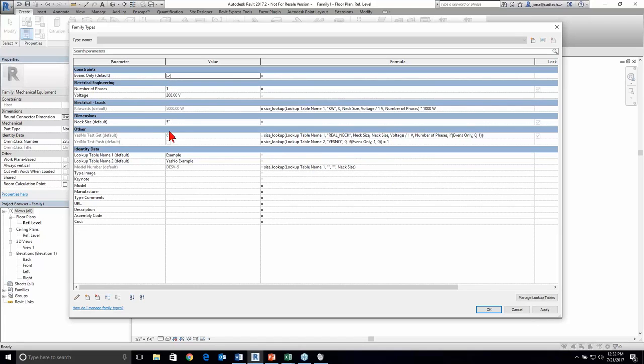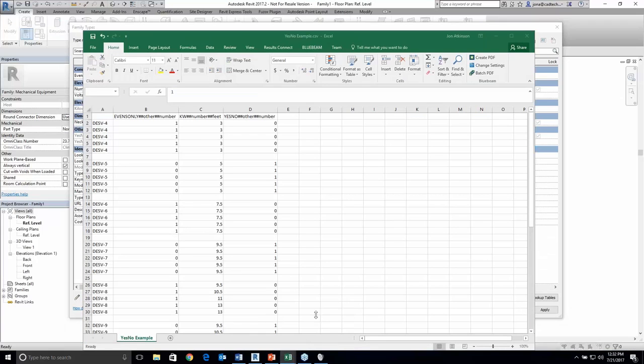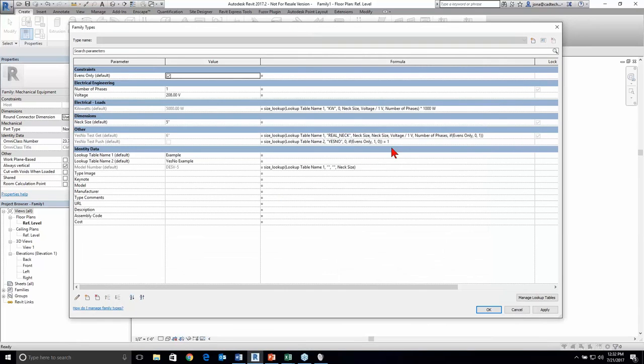So if I check that, this one's going to uncheck. If I take a look at that lookup table, I've got that set to invert. I could use this to drive additional parameters. It doesn't have to be, there's easier ways to toggle a yes, no with like a not statement. But as an example,